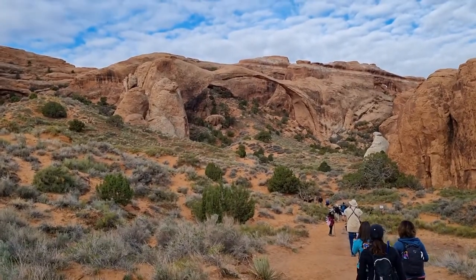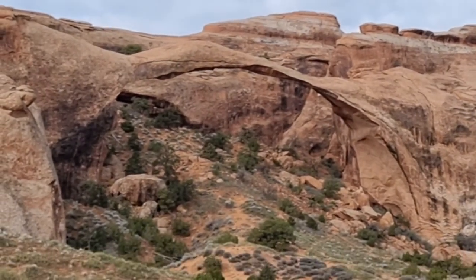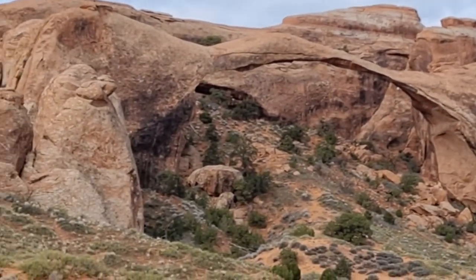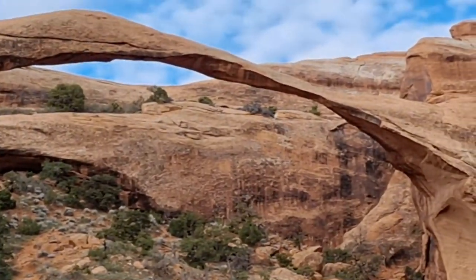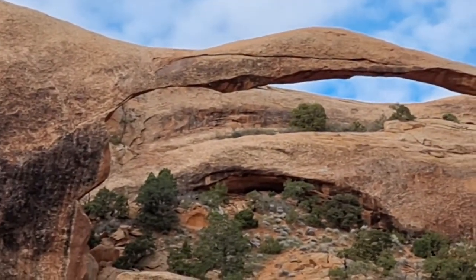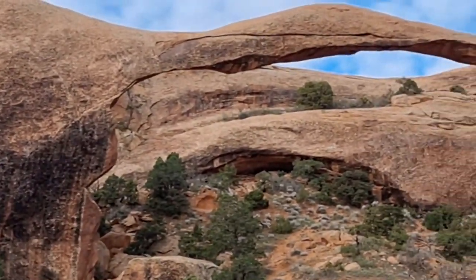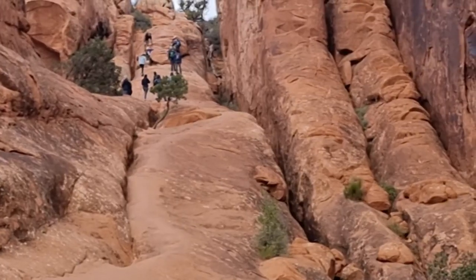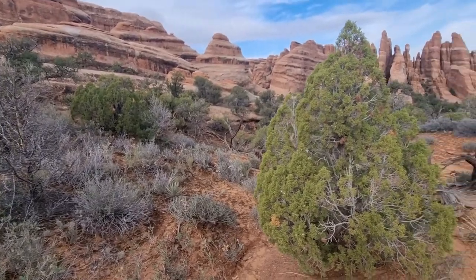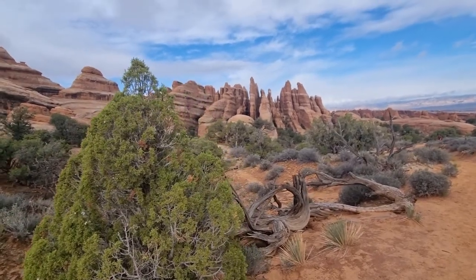Coming up on what's called Landscape Arch, which looks incredibly delicate, as if it could fall at any stage. Apparently rain seeps into the rock and causes bits to break off from the bottom, so eventually this is all going to come down. This hike is now starting to get a little harder. This is probably going to be one of the more challenging hikes that I've done, but the scenery makes it